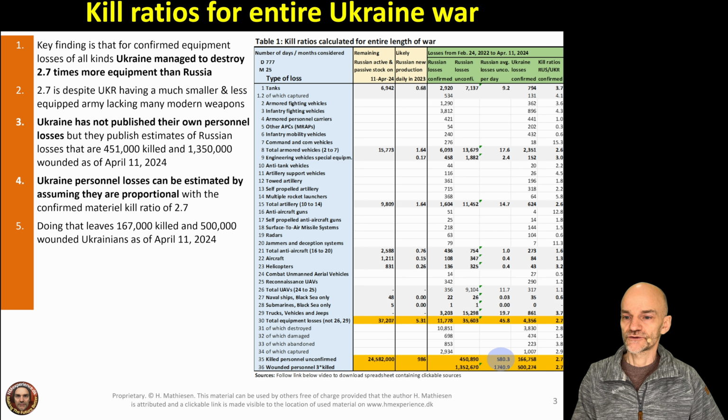Their army is getting stronger despite all of their losses. What else can we see? Ukraine doesn't tell how many killed they have, but I think we can estimate it. If we think that the number of killed Russians is accurate, then we could simply take the Russian number of killed